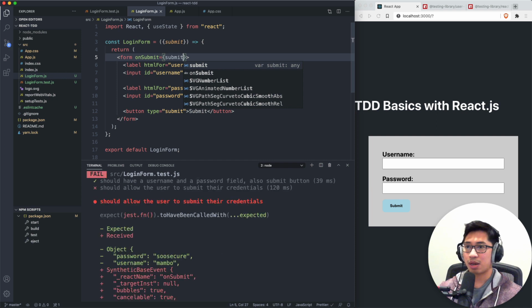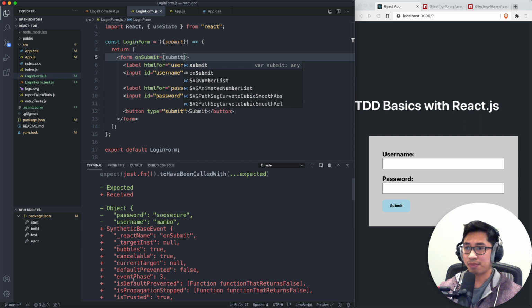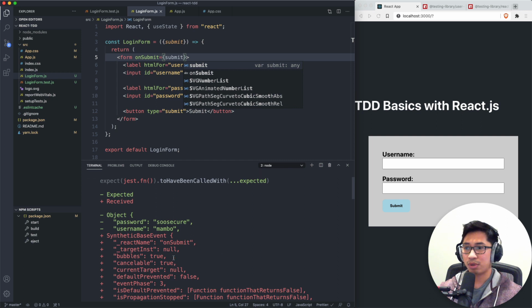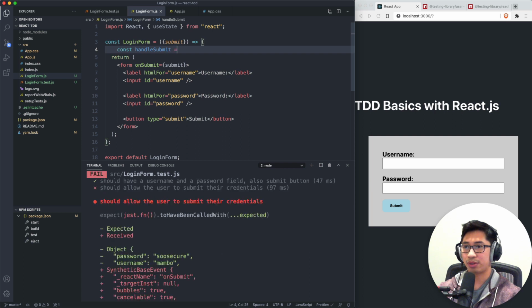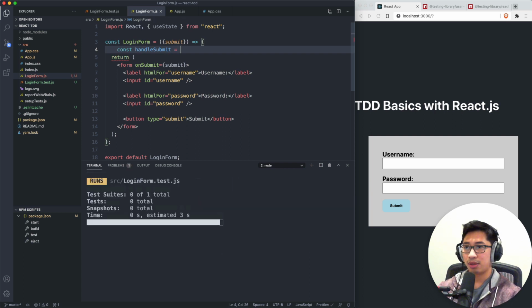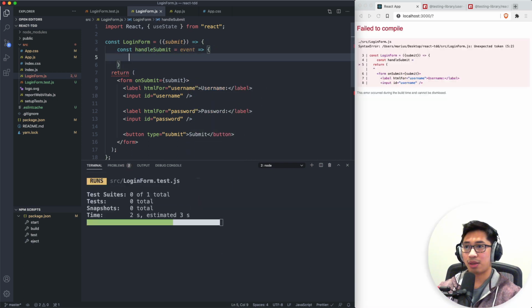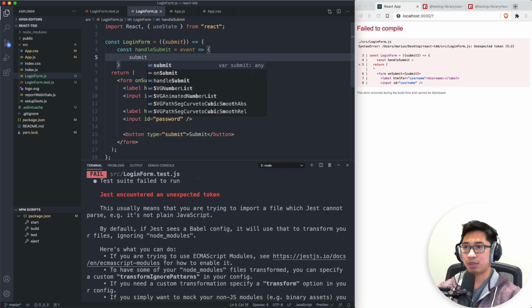We know that that's not enough because you're gonna get back the full event object, which we don't want, right? We only want the values. So we probably want to write our own handler here, our internal handler that takes in an event and somehow eventually calls submit